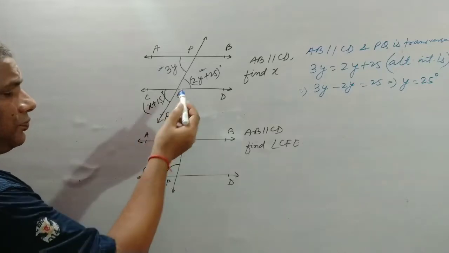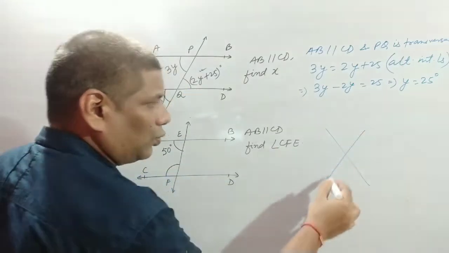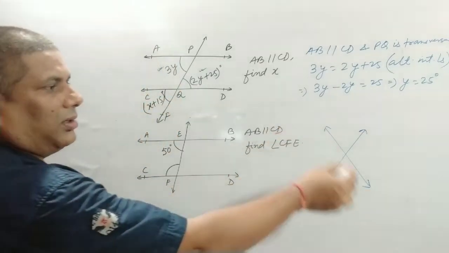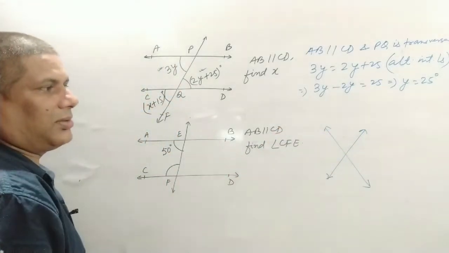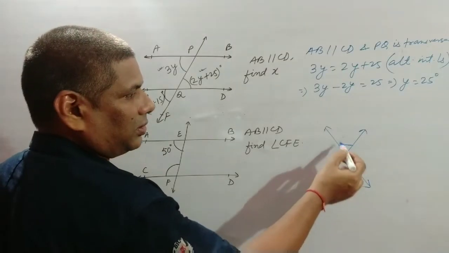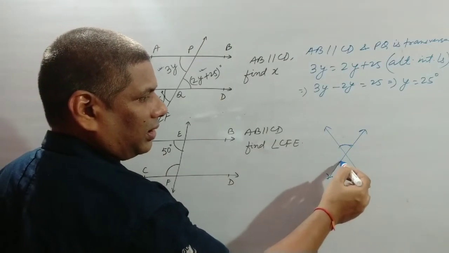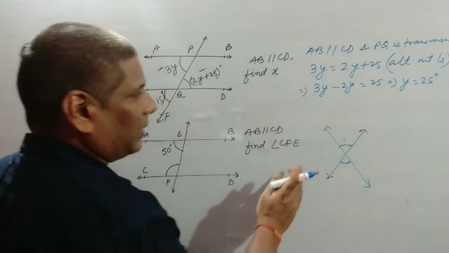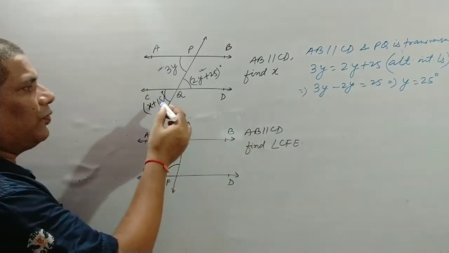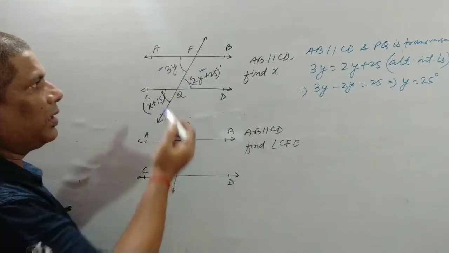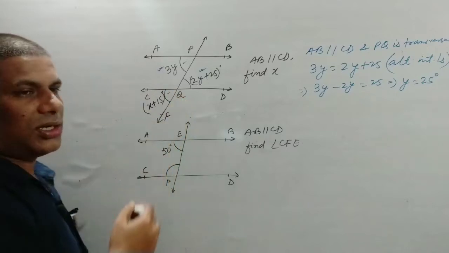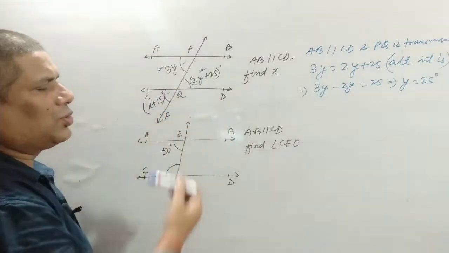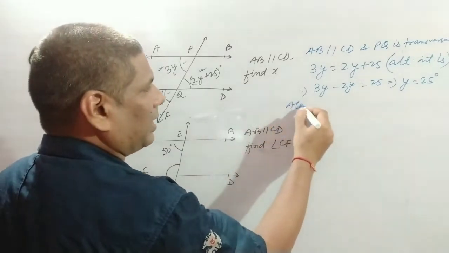Again let us see. If two straight lines intersect like this, making an X, then these two angles opposite to each other are called vertically opposite angles. So here to find x, we can apply two properties. Either these are corresponding angles, or we can say that the two angles are vertically opposite angles. So according to your wish, you can apply any of the properties.